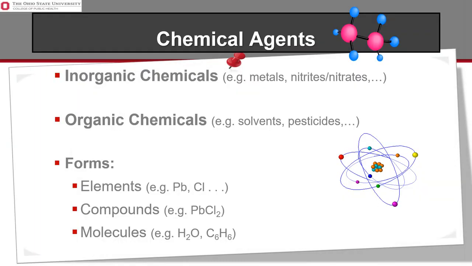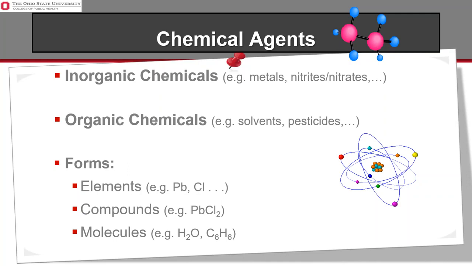Moving to the second category, the chemical agents. When we talk about the chemical agents, there are really two categories: the inorganic, such as the metals, and the one that's probably most popular within environmental public health, or the highest awareness among the public health in general, is lead, which is a major example of a metal. Certainly not the only toxic metal of concern, but a major one, because it's found in air, it's found in water, it's found in soil, just to name three major matrices.